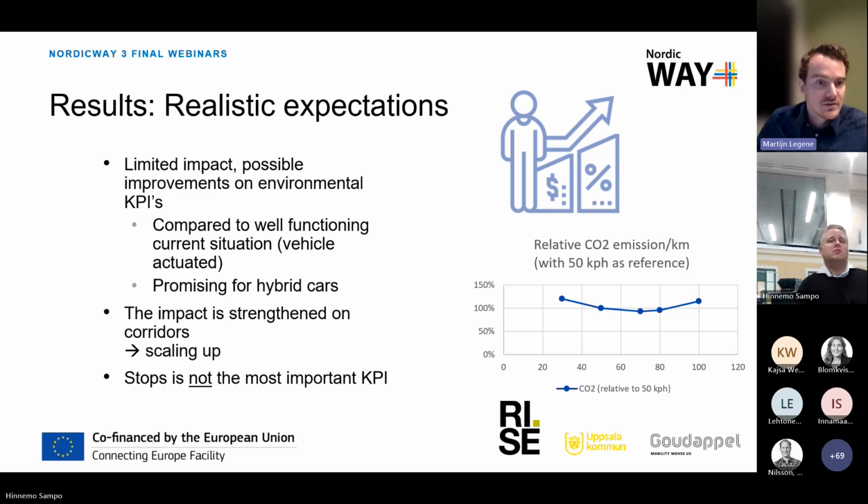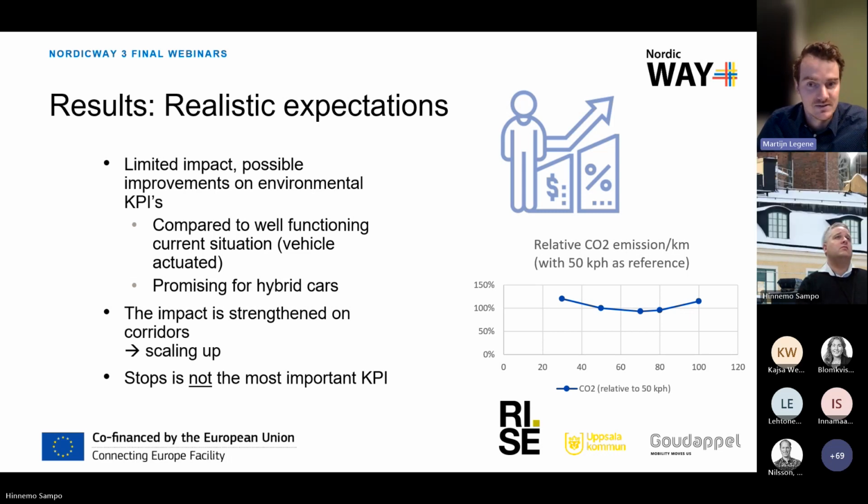Therefore, we also see that there is a possible negative impact on travel time if you implement smart solutions into your traffic signals. However, knowledge about start time, or when the light becomes green, could reduce the reaction time by approximately half a second. But that's mainly only for the first vehicles that have to leave an intersection. The main conclusion from this slide is that fewer stops do not necessarily lead to lower environmental impact.